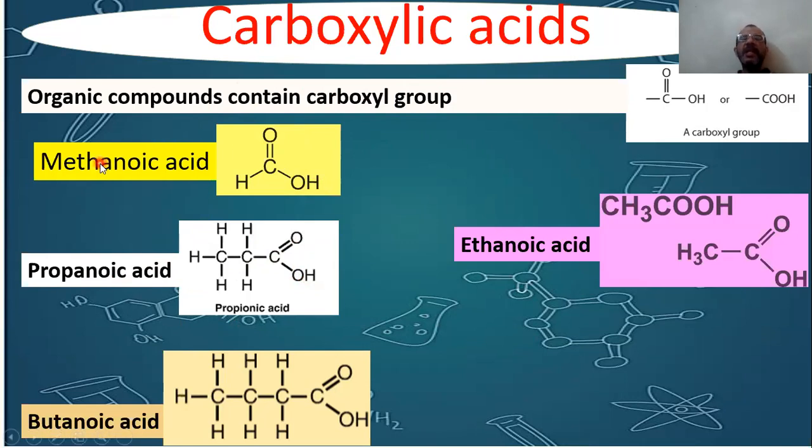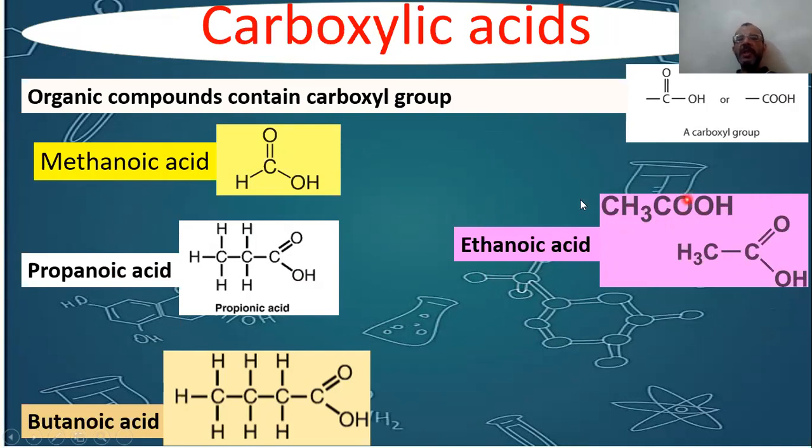Don't forget that. So this one is methanoic. Why methane? It contains only 1 carbon atom. Methane, because it is an acid, methanoic. The second member here is ethanoic acid. How can you know it's an acid? It has 2 oxygen atoms. One of them has a double bond, another one here is a single bond, and H. So how many oxygen atoms do we have here? 2. 1, 2. Ethanoic, or we write it